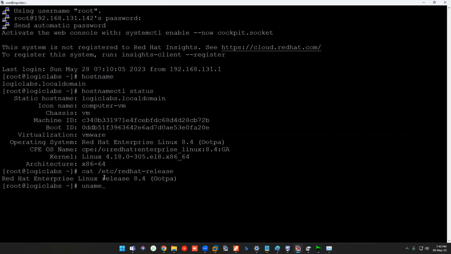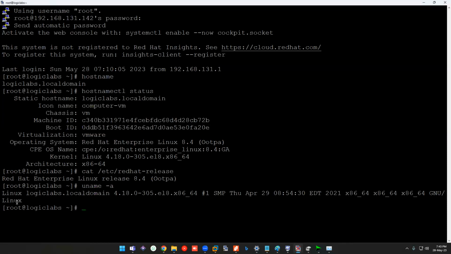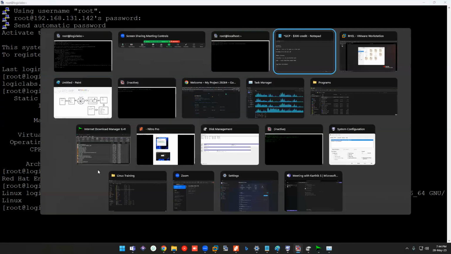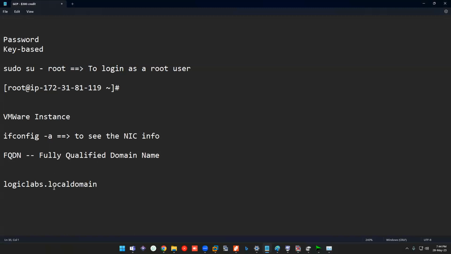Okay, and you have this command called uname. So this will show you even more info. This version you might have seen in our GRUB, right? So that is the one. And what is the date and the specific time, what is the architecture it is, and the hostname. So that is the info, the basic commands which we'll be using once you log in.